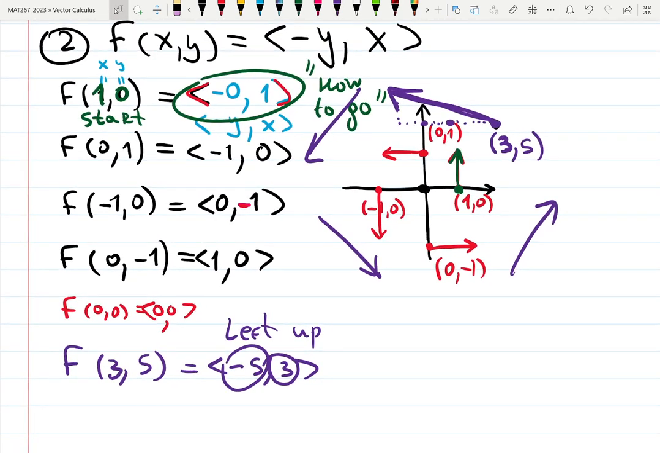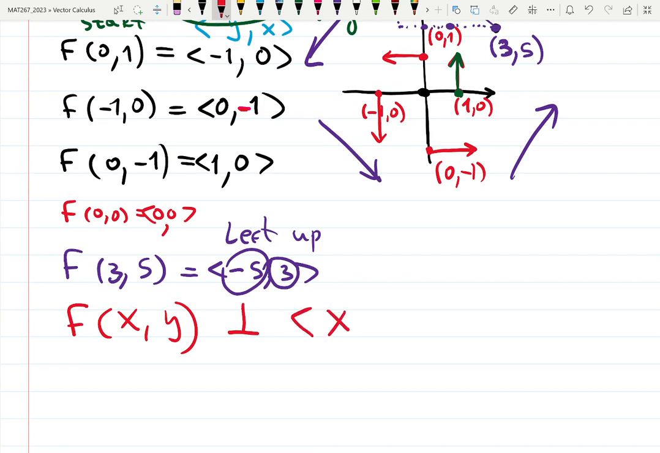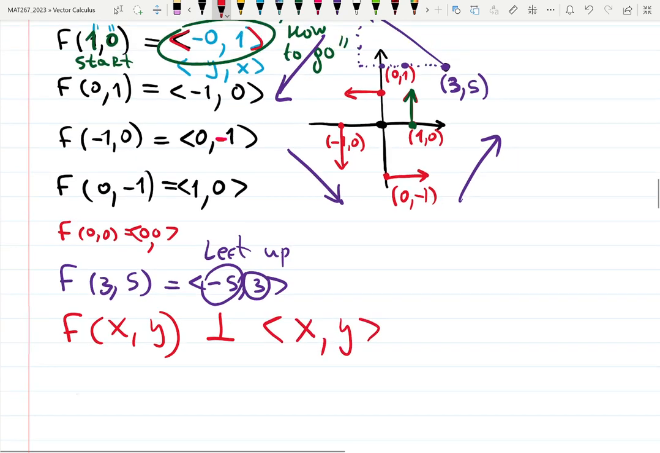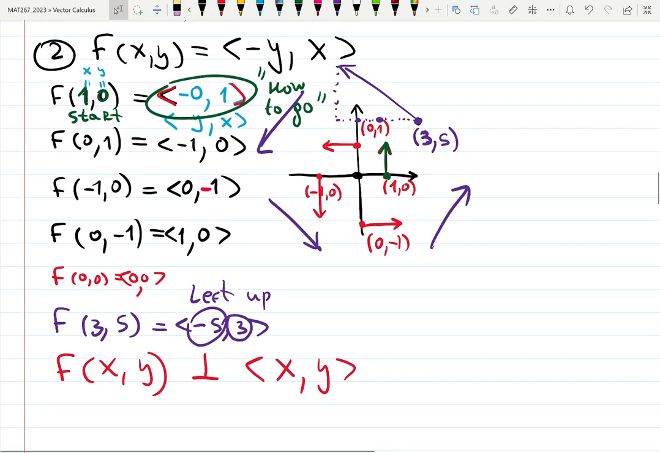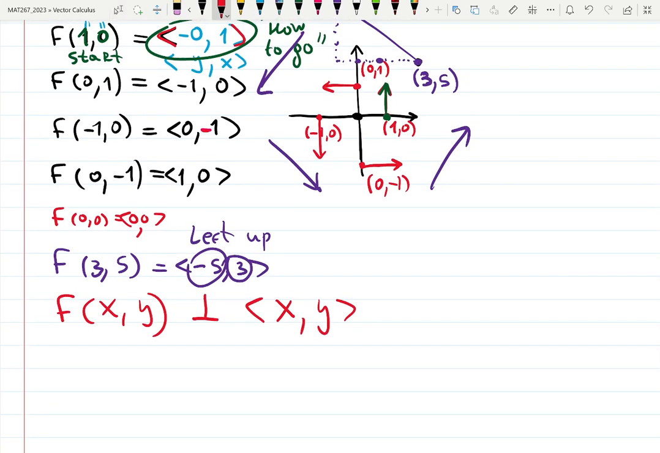My sketch is okay, I think it could be better. -5 to the left. 3 up. Oh, probably it needs to go higher a bit. Up. Like this, I guess. Yeah. So for this case, it's pretty cool that F, the whole vector field, is perpendicular to the x, y vectors. So anytime we choose something, we'll have a perpendicular relationship. We can actually check that because